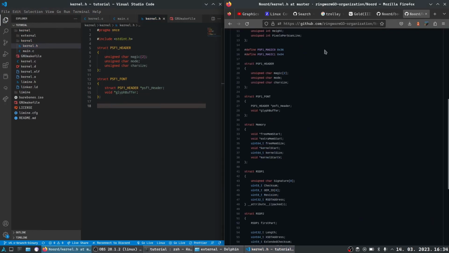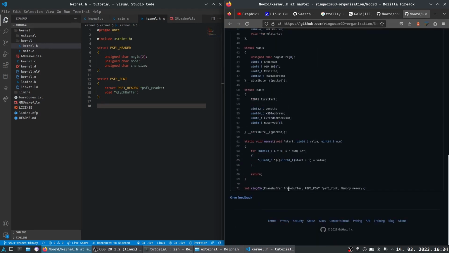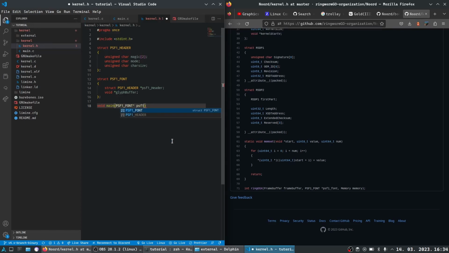Let's make a function based on here. So we just need to pass psf1 font. Let's do void main psf1 font